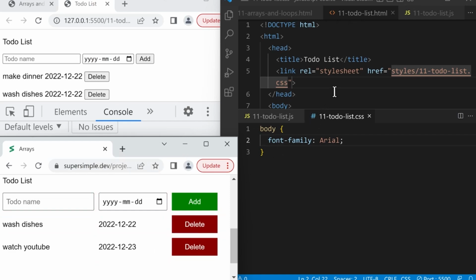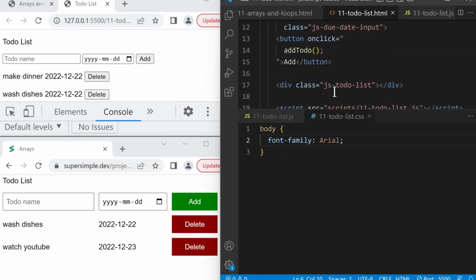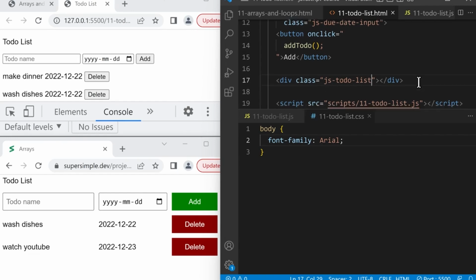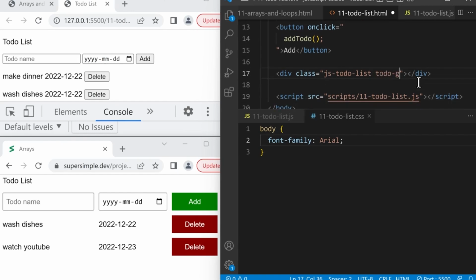So let's go into our HTML first. We're going to add a class to this div element so we can style it. to-do-grid. And let's save. And inside our CSS, we're going to style this class using .to-do-grid and curly brackets. And to turn this into a grid, we're going to use the property display and grid. And we're going to add another property called